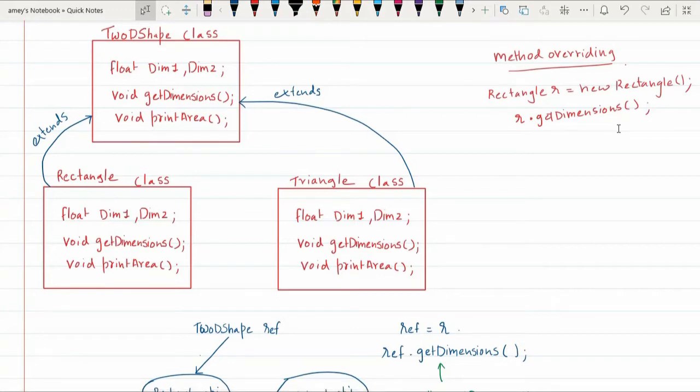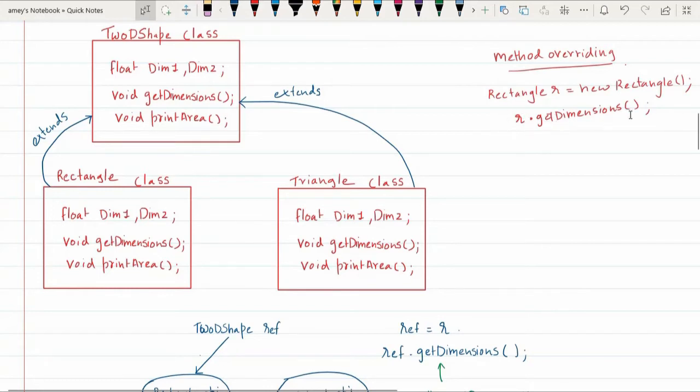What the compiler does is just check what is the type of object R. Since it is object R calling the getDimension method, it checks the data type of R, and the type of R is rectangle. Notice that class names are nothing but user-defined data types. So the data type of object R is rectangle, and that is why it overrides the getDimension method from the superclass and calls the getDimension method of the subclass. Why? Because the type of the object R is rectangle.